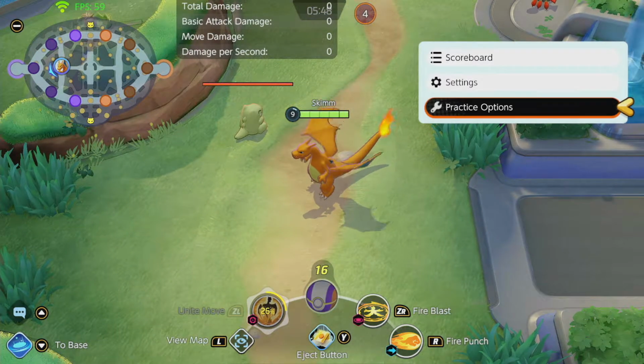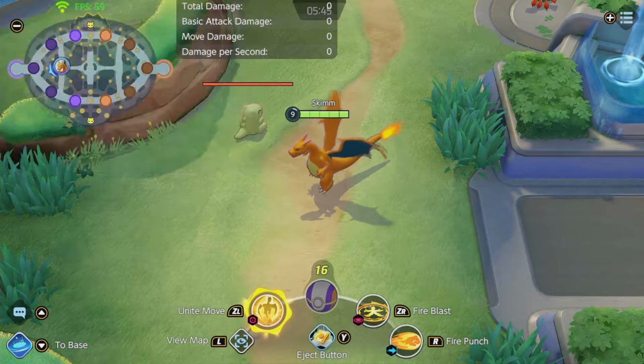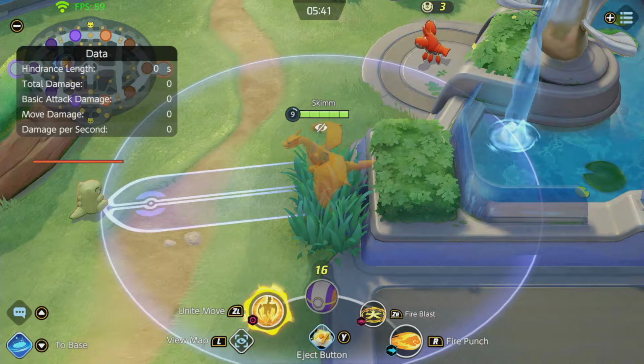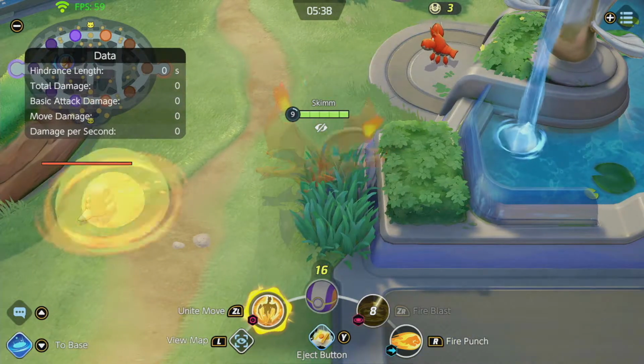What I want to show you now is we're going to go ahead and turn off and then back on move cooldowns, because this is the proper way of going about with this build. You're going to want to Fire Blast into a...